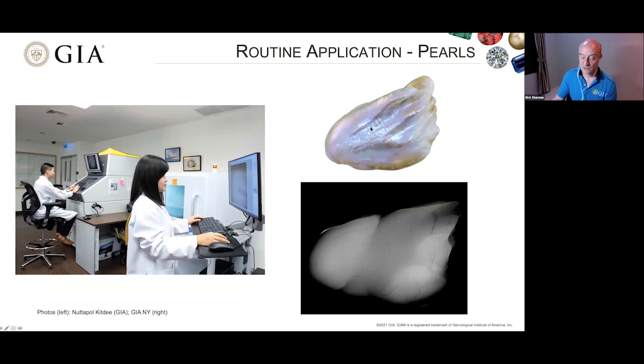So this gives an example of the X-ray machine being used for a natural pearl. You can see the shape of the pearl itself, and then you have the exact outline, and the structure internally is very clear on this one, and it shows it's basically following the shape of the pearl. So this is what we would expect to see for a natural pearl, this typical structure.